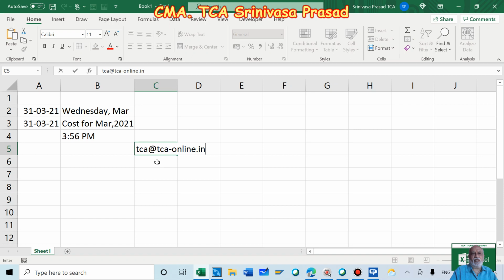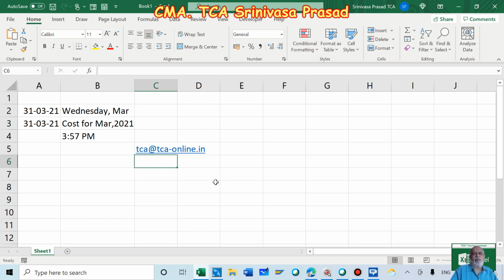If you can see, the time has now changed to 3:57. When we did it, it was 3:56. It changes dynamically whenever you open and close the worksheet. That is also possible.